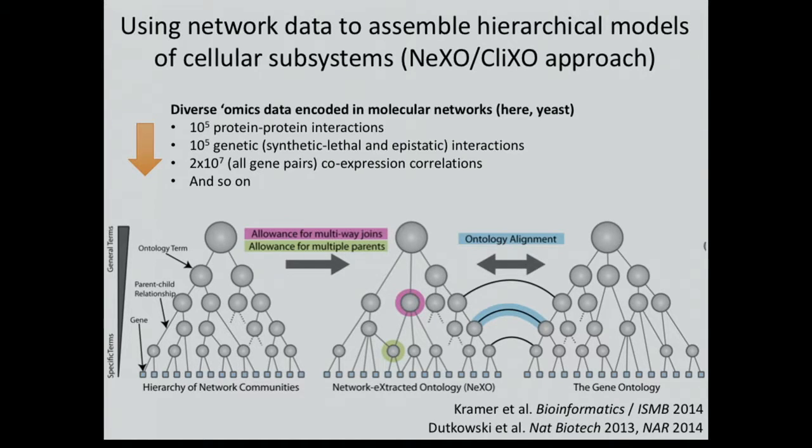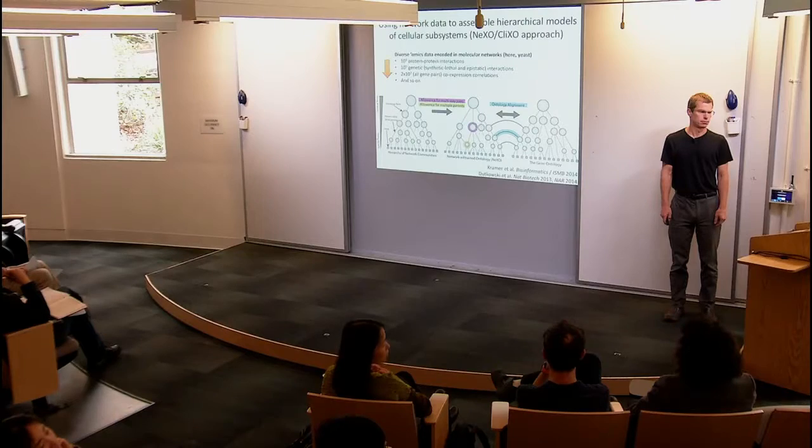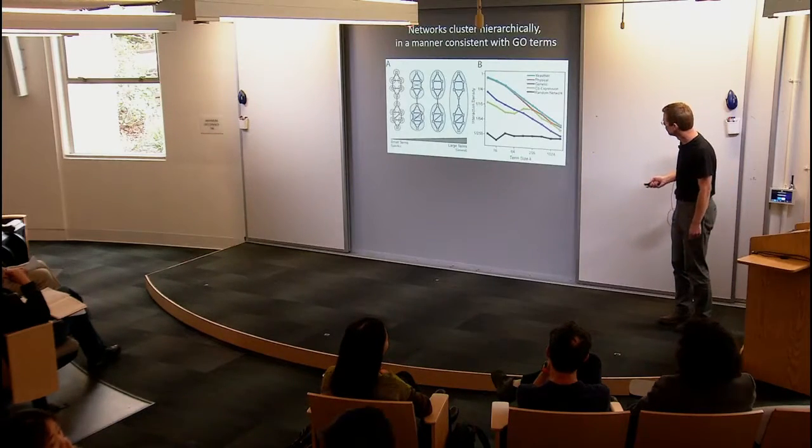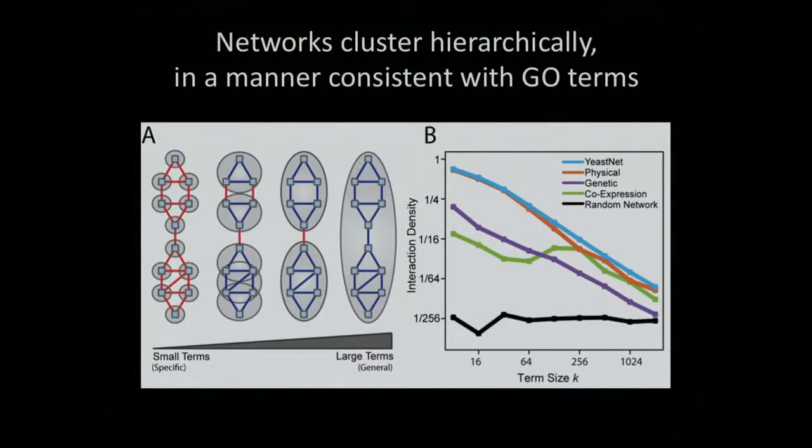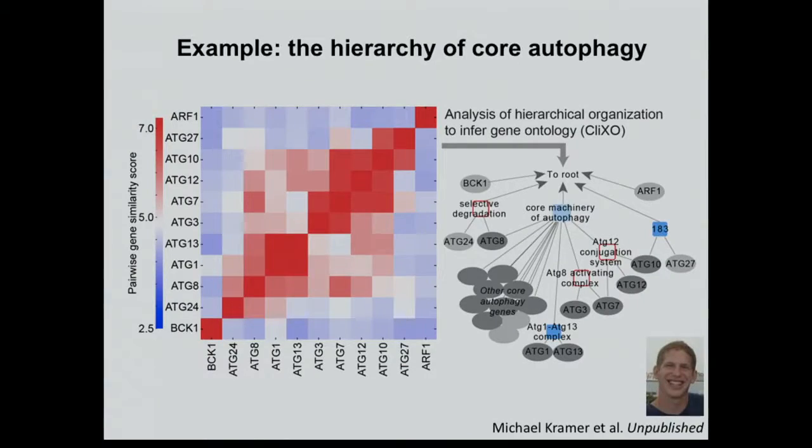So, yes, Mike? Why is the random, in the previous slide, why is the random flat? Why does that go? I think it really just comes down to if I randomly choose 2 protein pairs. Now, this has been about 4 years since I published this, but if you look, it's basically if I randomly choose a pair of genes, then that's the background chance that they would interact. Essentially. Okay, so